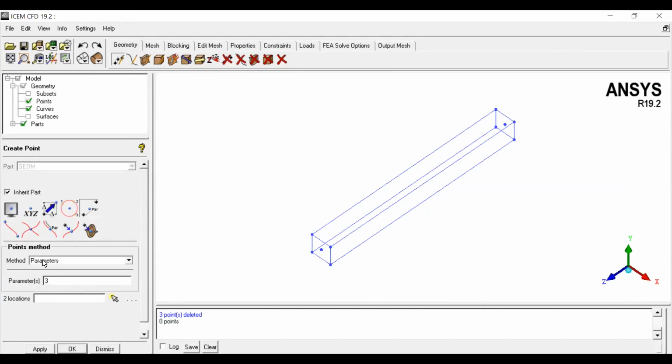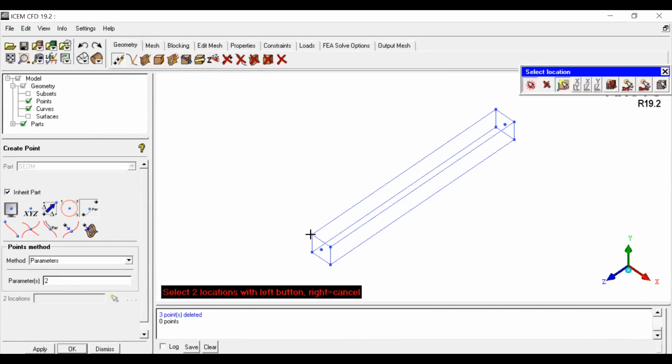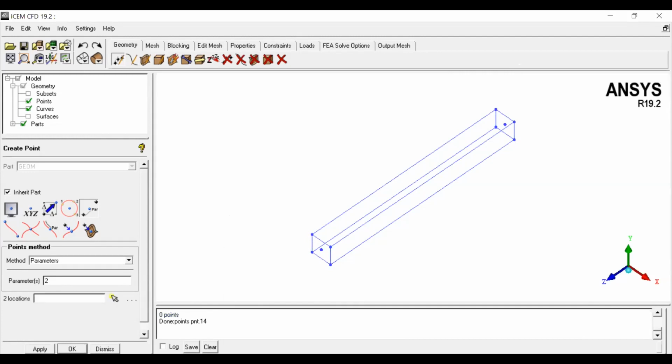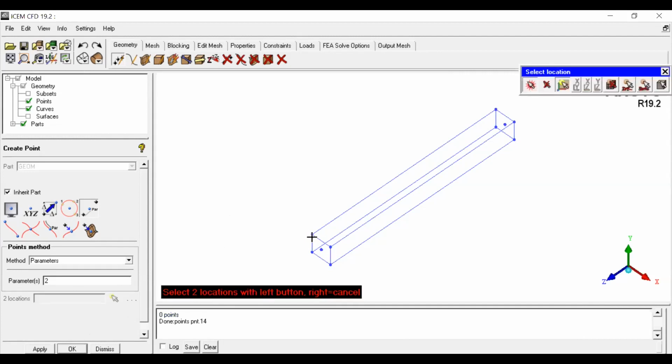Based on locations, the method is the parameter method. Let me give 2 because the length of the rod is 10 units. Select first and last. Just a second.